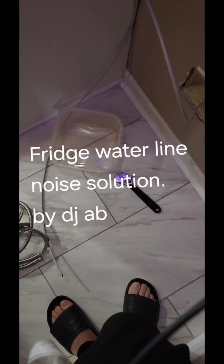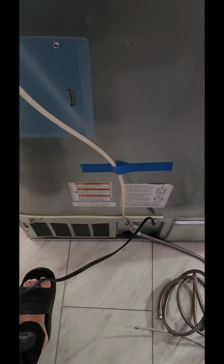Just want to show you guys the back of my fridge. I've been having some loud noises every time we use the water. So I found out the problem is this plastic or PVC water line. Look how small this line is, and every time it bangs on the wall, it makes very, very loud